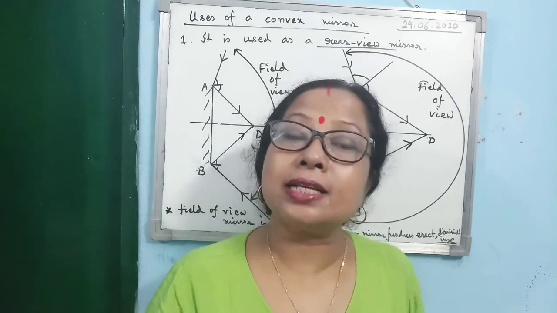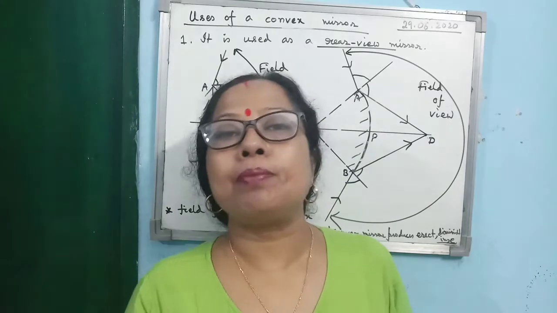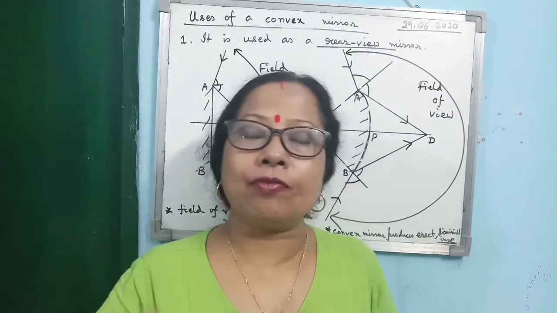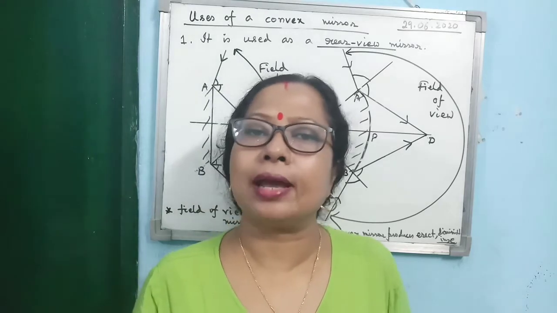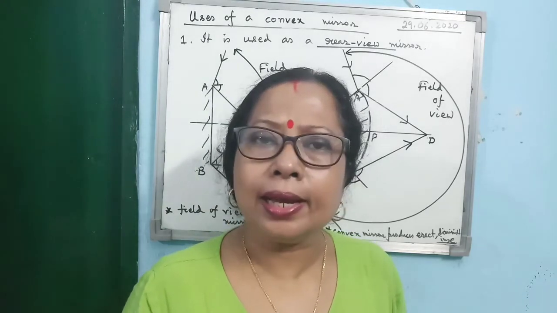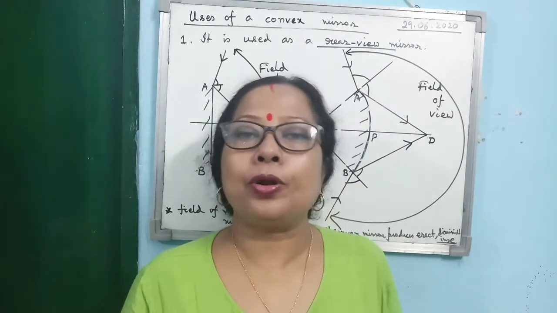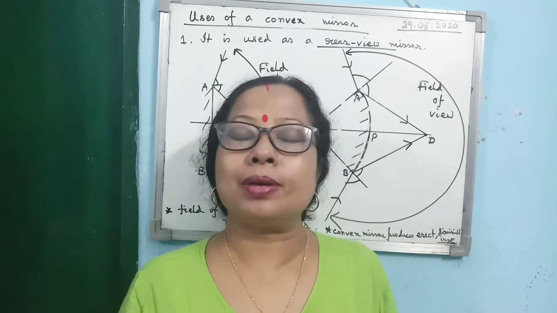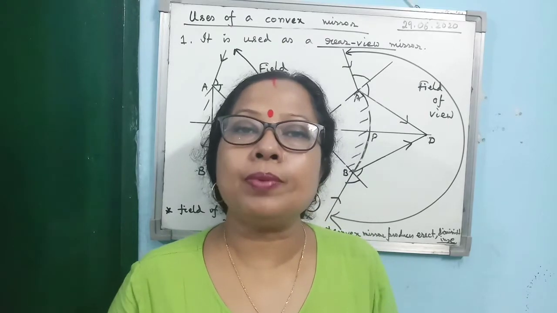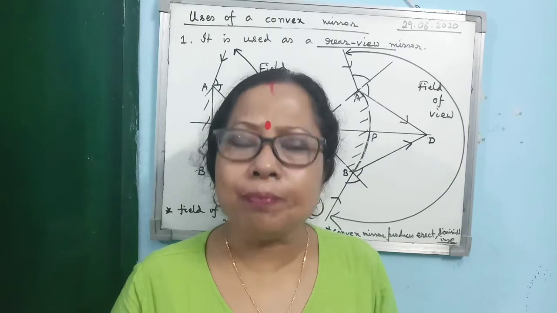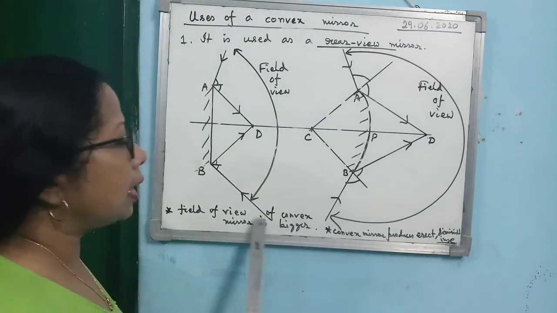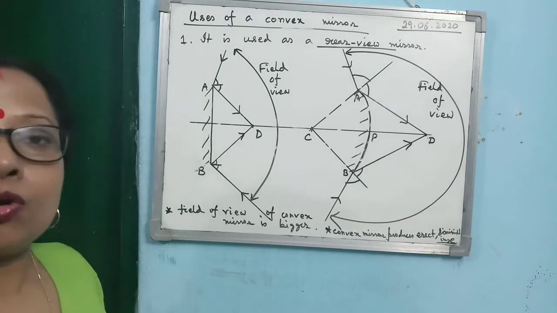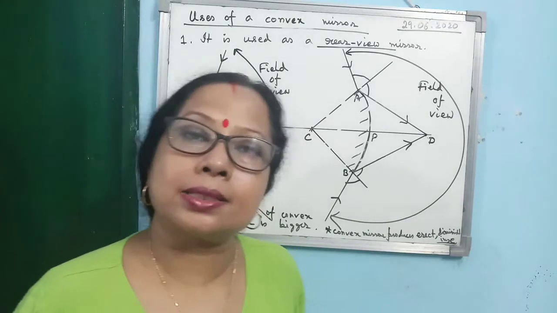At the same time, the driver will be able to see many vehicles or many things, whatever is there at the back of the driver. But if the mirror produces a very big magnified image, then what will happen? The driver will be able to see only one object behind him or her. Is that clear? So these are the 2 points